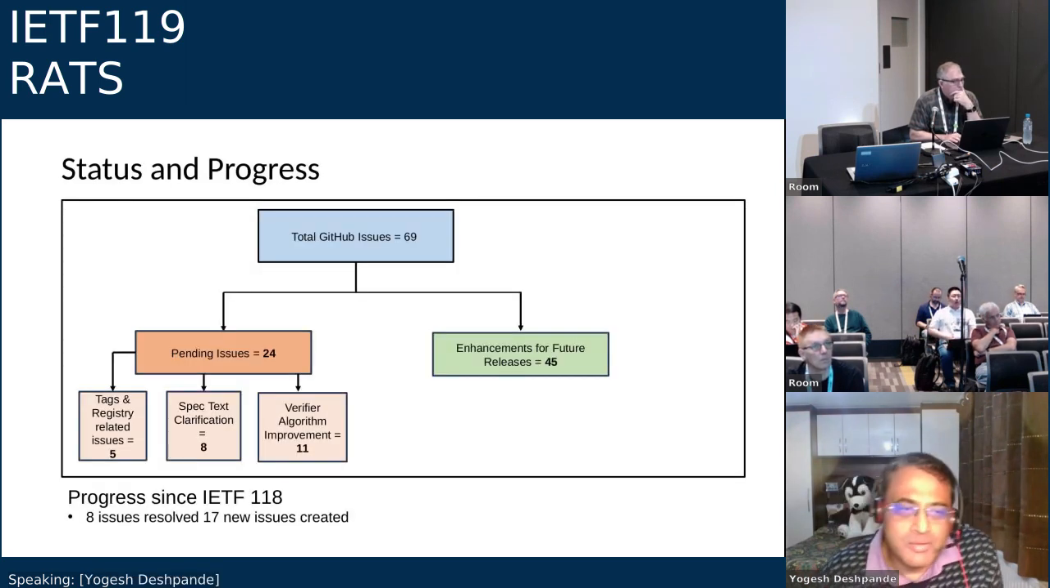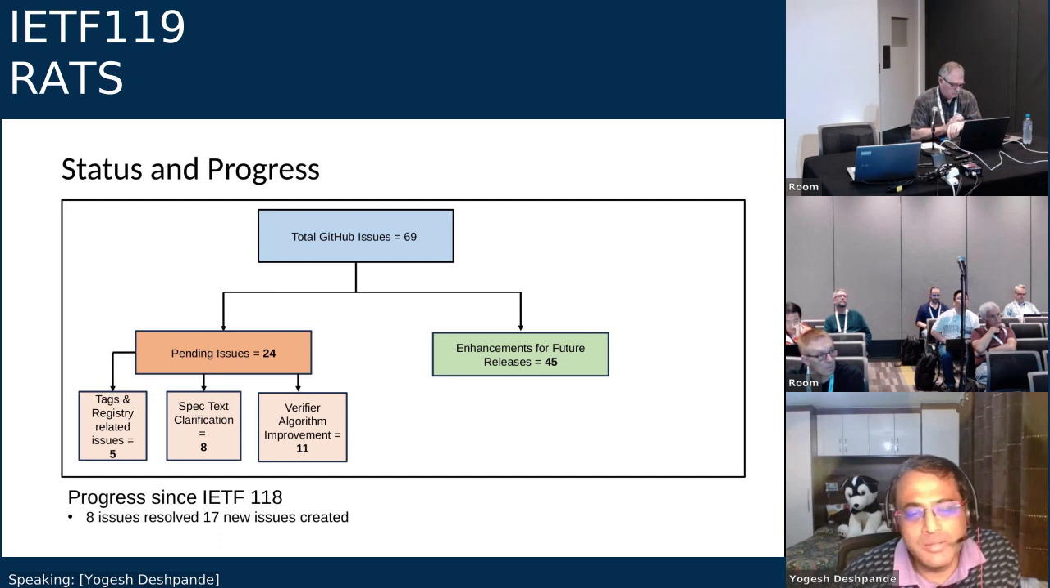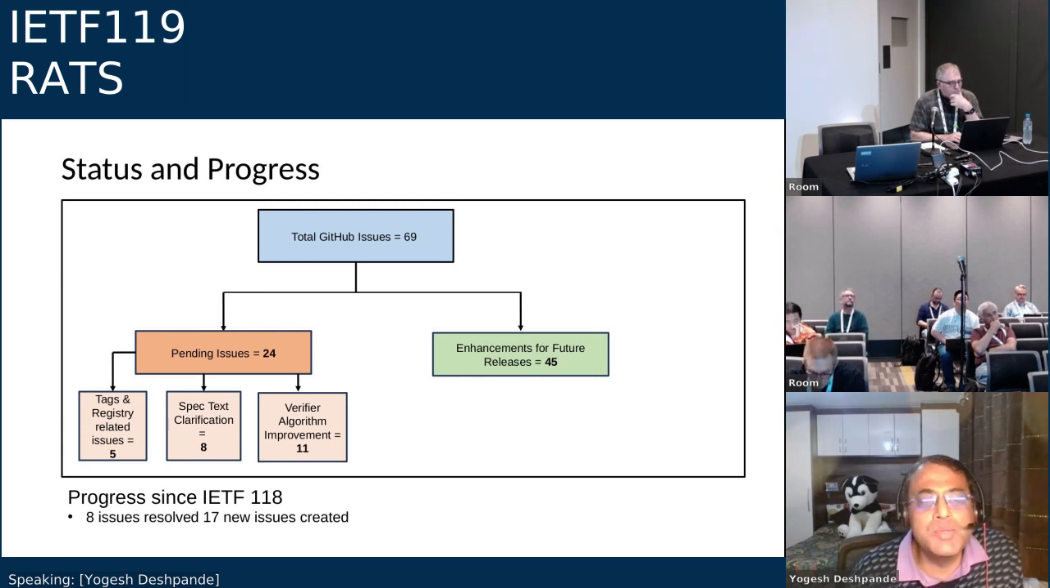So I wanted to highlight that there's still a high number of GitHub issues, but most of them are of a similar type. While I was scanning the issues, I found that a lot of duplication has happened. We are going to tone this down, but broadly there are items which we need to immediately finish before we can go for working group last call. These are pending issues which are further classified down into